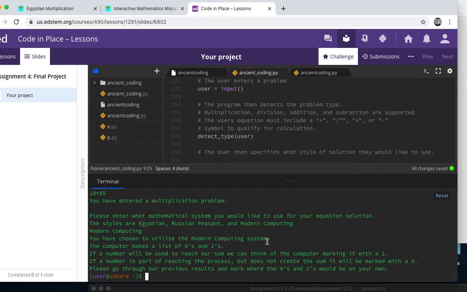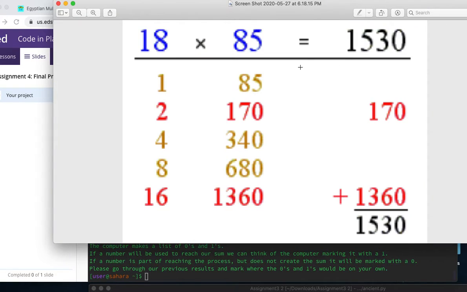Numbers that are not being used are seen or marked as zeros, and a chart that would be summoned that I'm not going to use at this moment because my computer may crash, but that I've screenshotted from a website that's really inspired me, cutthemath.org, that I'm going to give a shout out to in a moment, would look a lot like this, where 2 plus 16 equals 18. Therefore, I find the number directly across the next column, 170 and 1360, 170 plus 1360 equals 1530, which is my answer. So these numbers would be marked as ones. The numbers in tan would be marked as zeros. And that would give you an idea of how a computer would do the problem,